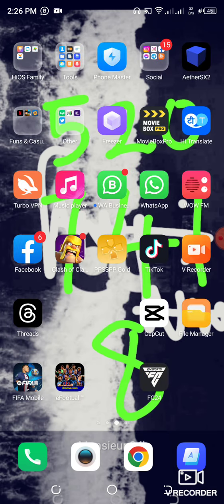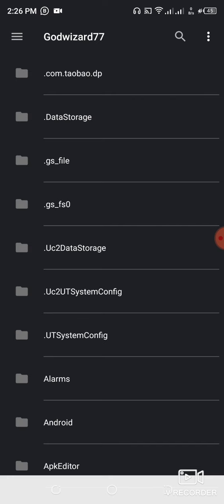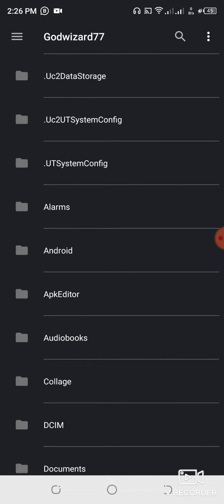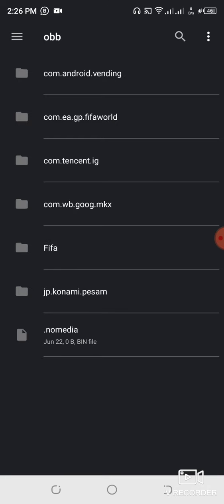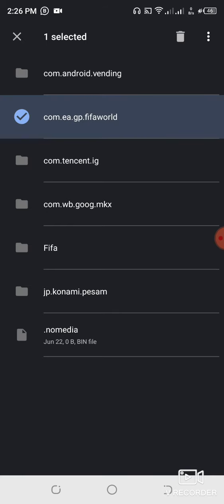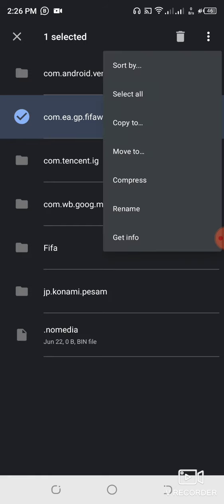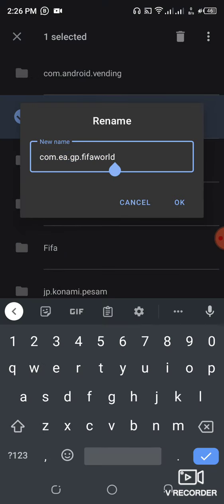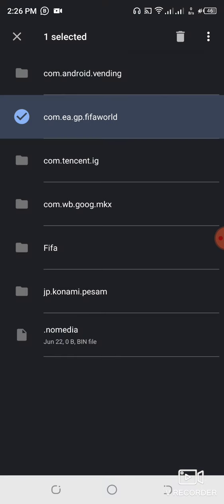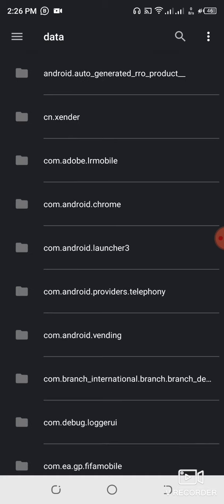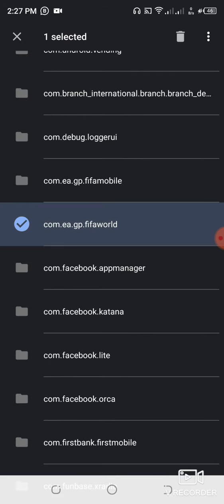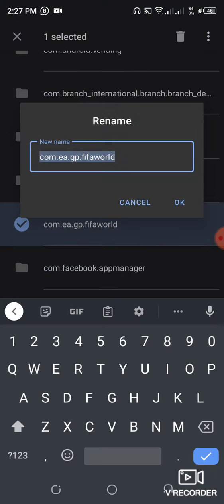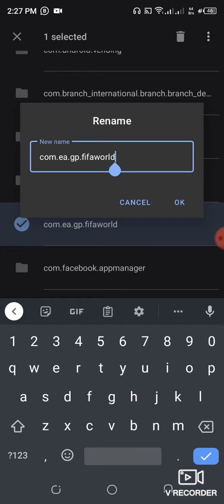Then you do one last step, one very last step. You go to your files application again. You go to Android. You go to OBB. You hold your FIFA World. You rename. Already you added a number in front. If it's one you added, you just delete it and OK. Then you go to data. You go to FIFA World. You hold. You tap here. You rename. Whatever number you added, you just delete it and leave the original name there. For both of them,